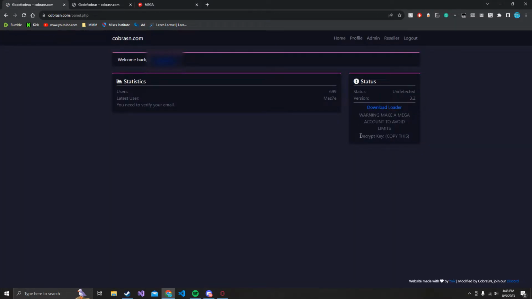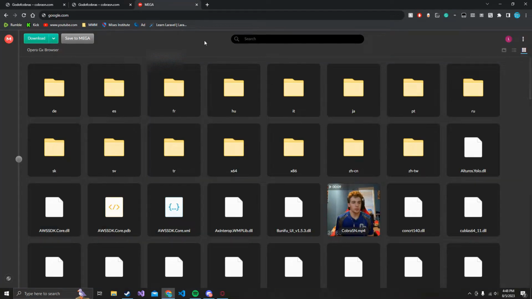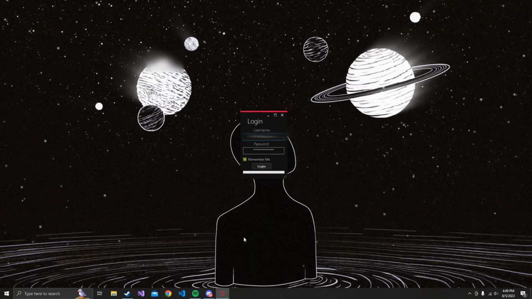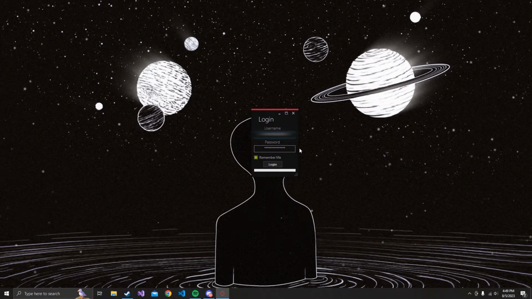You're then going to want to get the decryption key, right? It'll be here. I inspected it out, but you'll do that. You'll come here, it'll ask you for the decryption key, and then you press download a zip, and once you do that, you're going to extract it. It's pretty simple. After that, you're going to want to run the operagxbrowser.exe file, and then you're going to enter